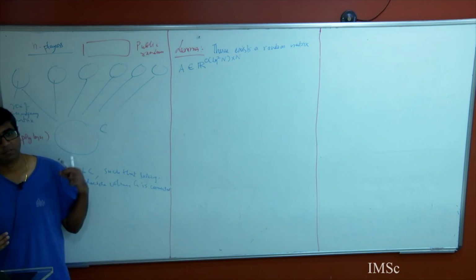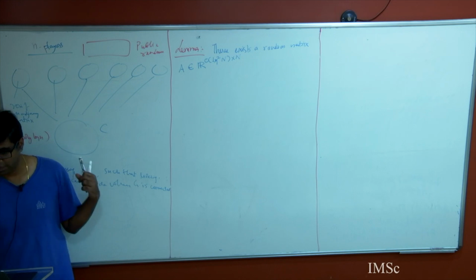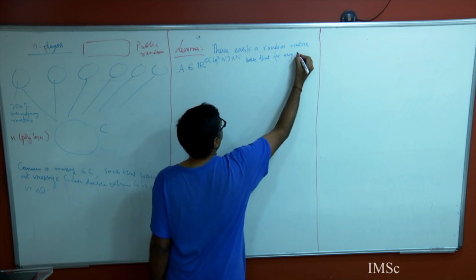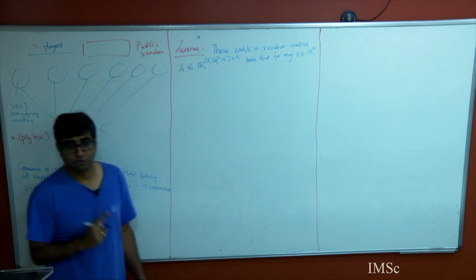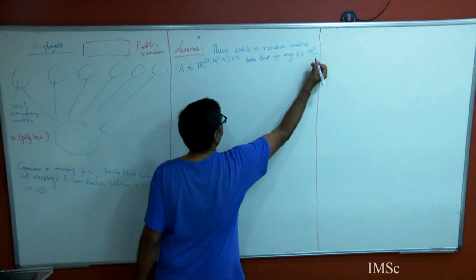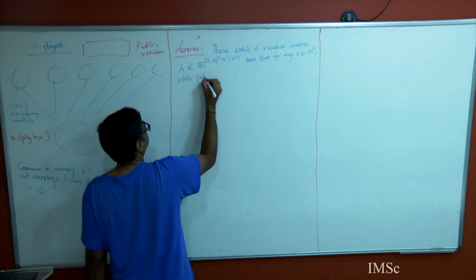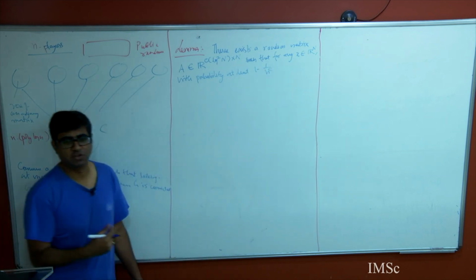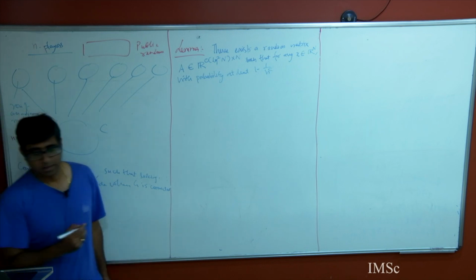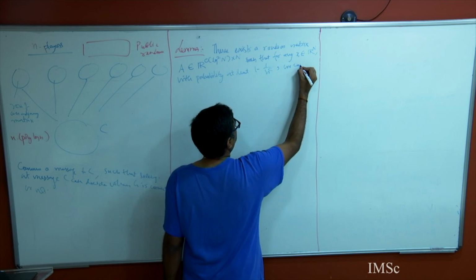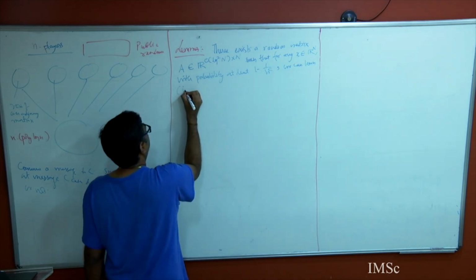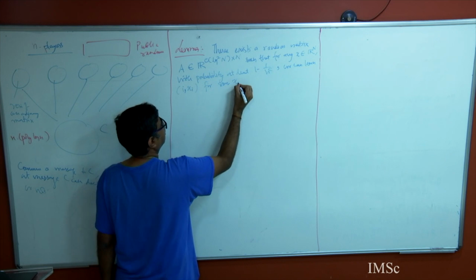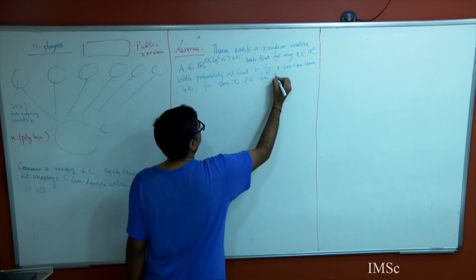This is a matrix with a small number of rows but a large number of columns, such that for any x in R to the power n, with probability at least 1 minus 1 over n to the power c, and you can make this n to the power c as large as you like, we can learn i and x_i, for some x_i not equal to 0, from Ax.